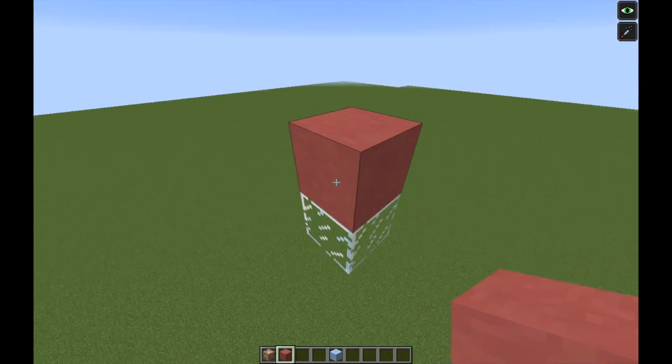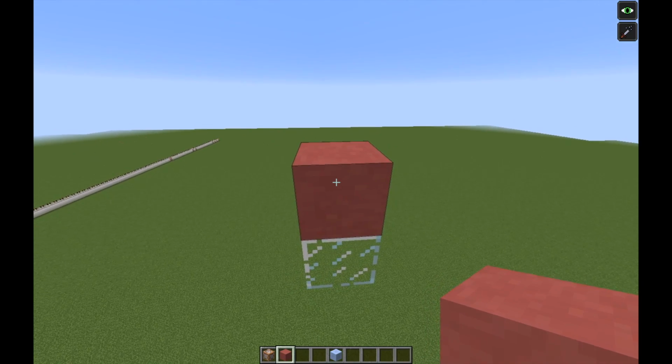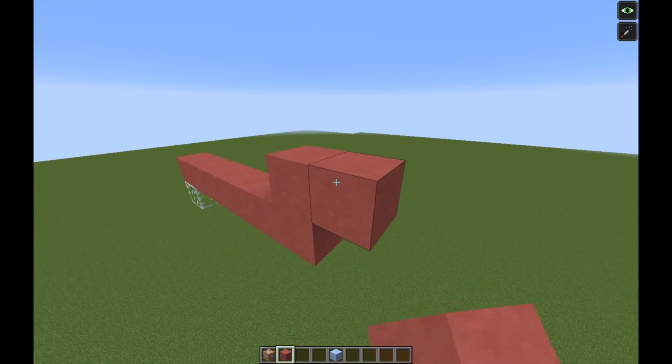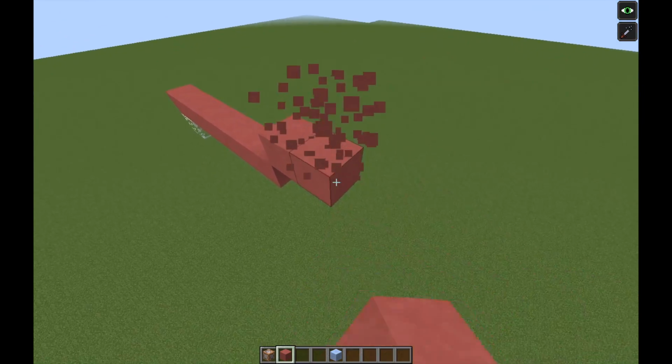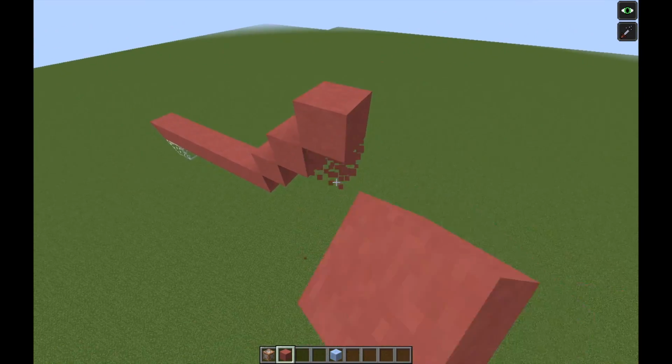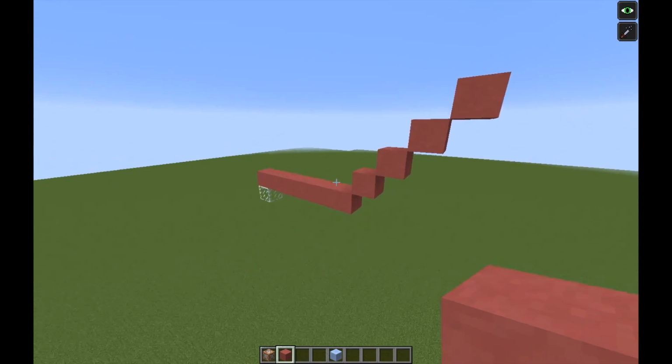We're just going to place down one block. Remember, whatever block you want, and then just place down 6 blocks going off of that. Place a block right here, place a block right here, and then break that block. Then you can do the exact same thing 3 more times, until you have a total of 4 that are on the diagonal pattern, and then you